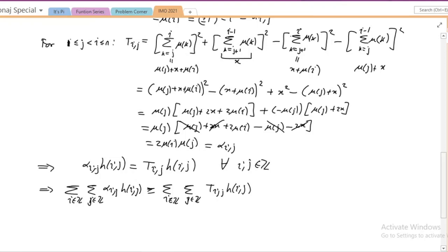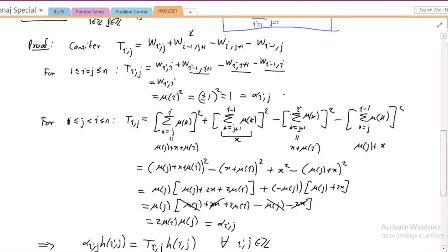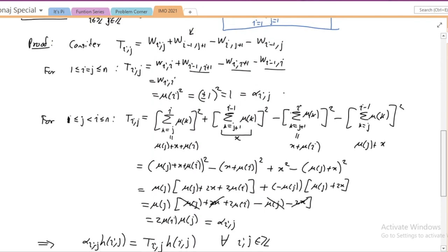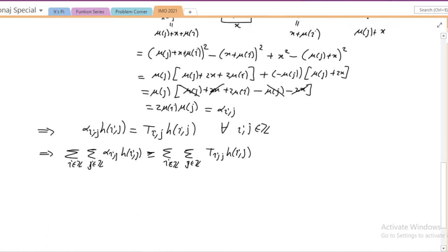Okay, so remember what t_ij is up here. So we're going to use that w_ij, w_{i-1,j+1}, and so on. So we're just going to divide it according to those categories: w_ij, h_ij,